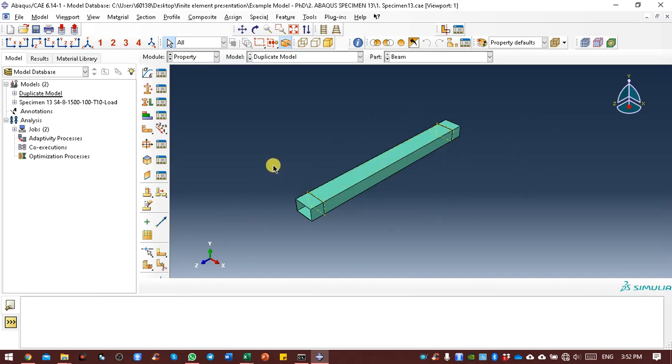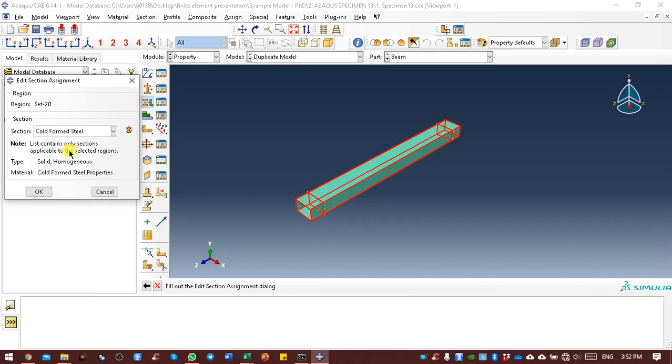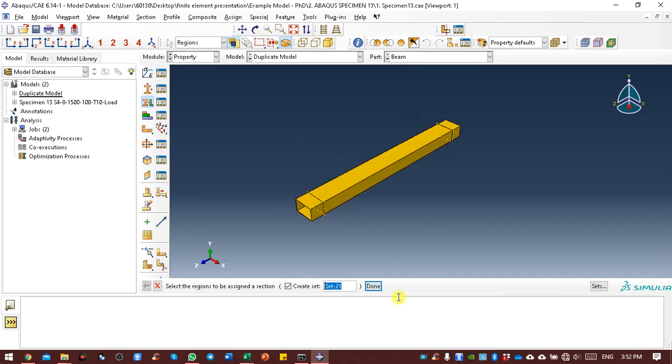What if there are two or more properties in this section? Then you can simply assign, like this one, and select the second properties, for example, I don't know, maybe the conform steel. Then they will have two different materials in this section.